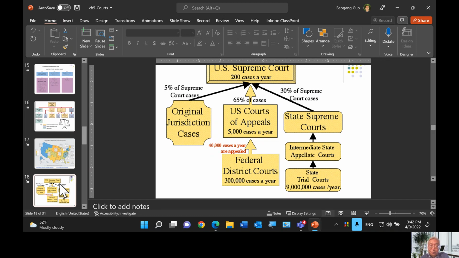Now, the federal district court, again, handles cases dealing with federal laws, but not all cases dealing with federal laws are handled by the federal district court.